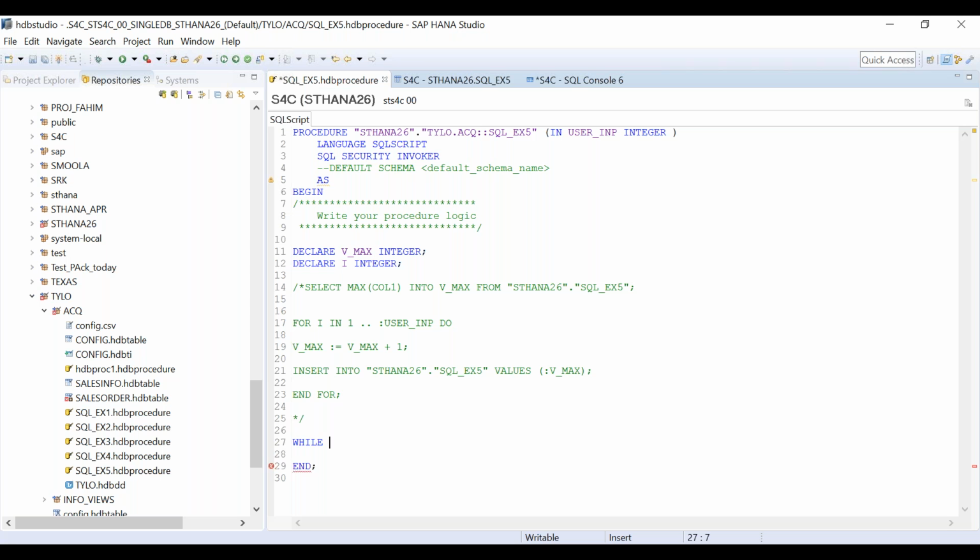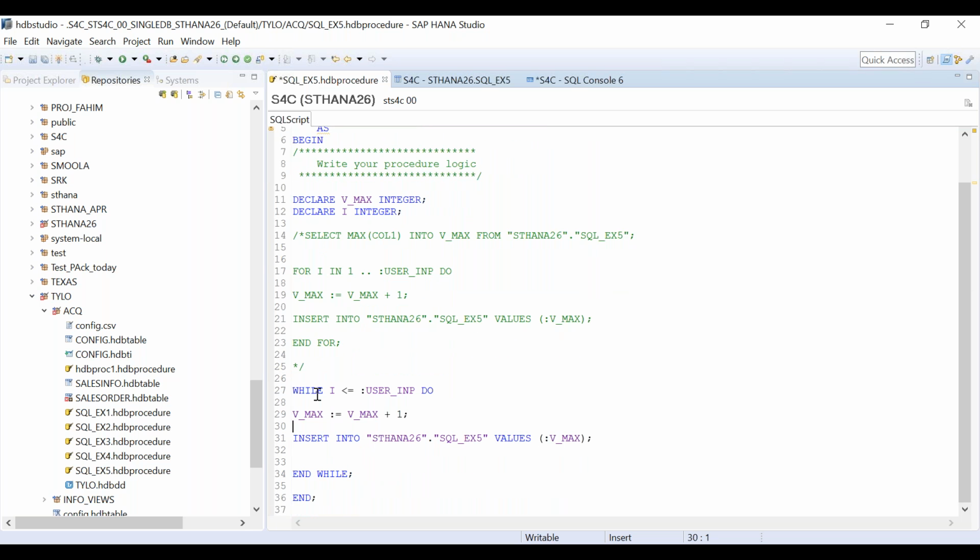So while I is my iterative variable, I say please run this while loop as long as I is less than or equal to my user input. User input is, for example, 20. Very simple. Do and while. Simple format. And now I want to insert certain values. Insert, Control C, Control V. Same logic. See here. It's just that how you terminate this loop is important.